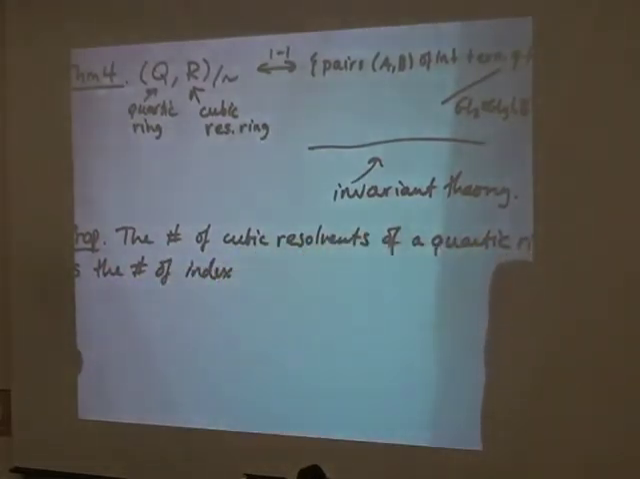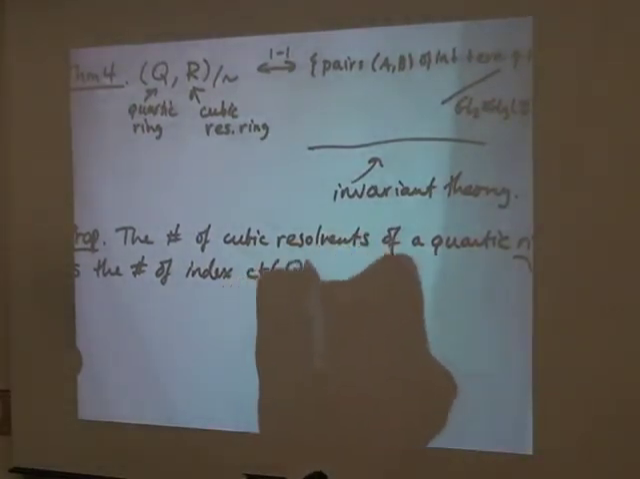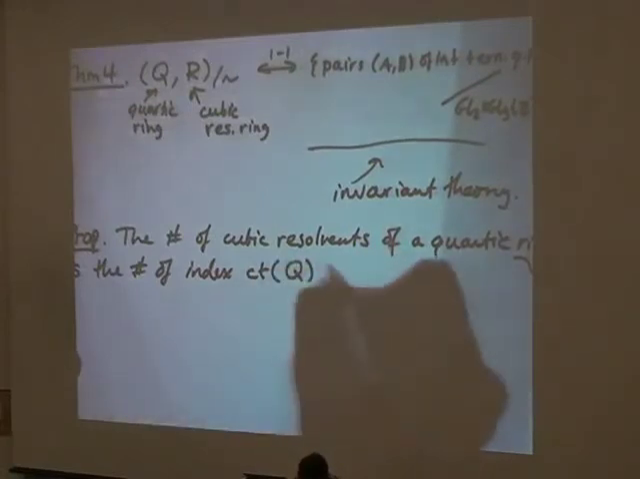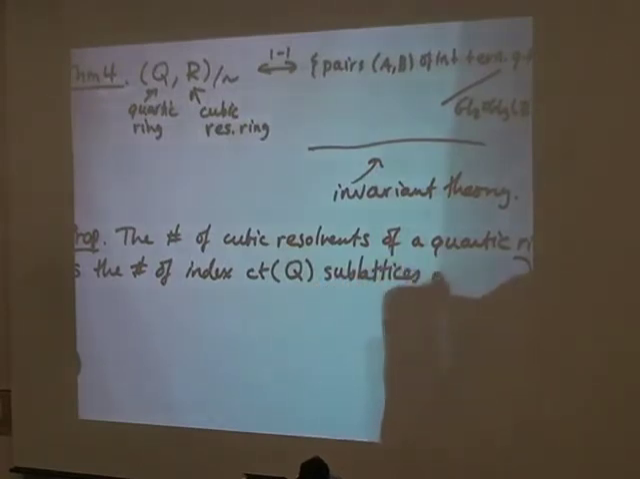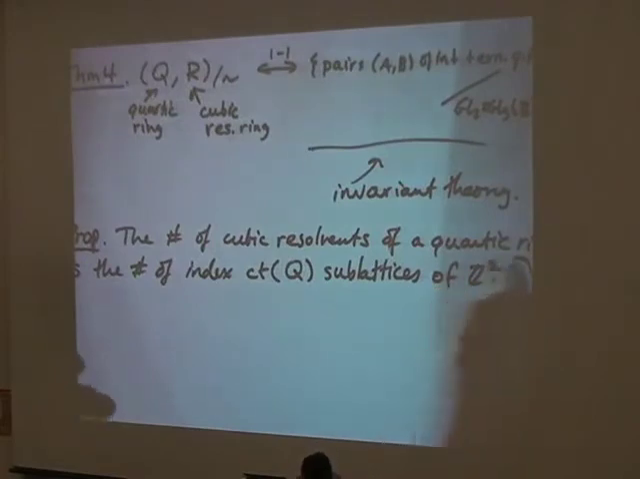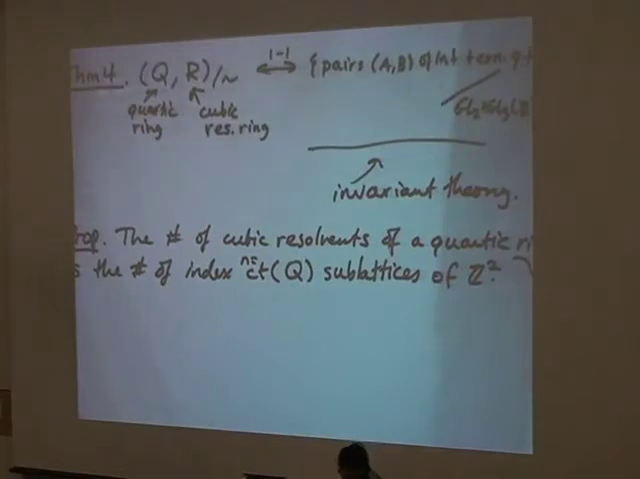So let's call this quartic ring Q. The number of cubic resolvents is equal to the number of index content of Q, I'll tell you what content of Q means in a second, sublattices of Z^2. So the number of cubic resolvents is just the number of index n sublattices of Z^2, where this n